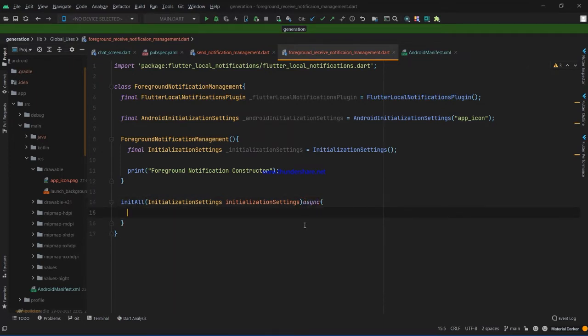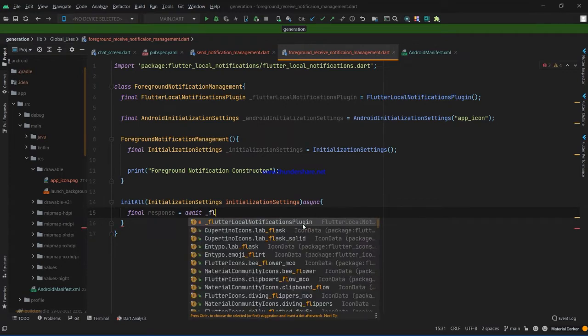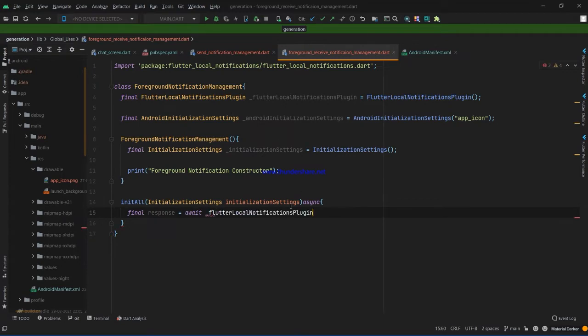Okay, and we have to take it as response, and that will be an asynchronous process with Flutter local notification plugin, that object we made here, and then we have to initialize it.